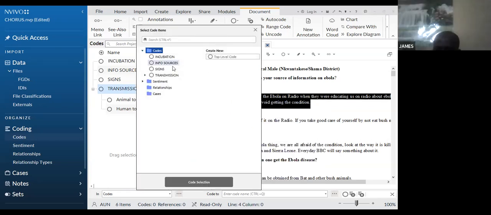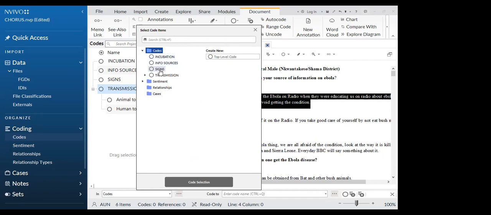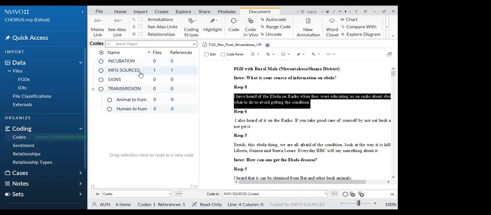It gives you this box where you're supposed to pick. Remember, these are the codes we already put into the NVivo. We've done these four codes. So it allows you to pick which particular code it goes into. This is info sources, isn't it? So I click on info sources. Okay, so it's going to code the selection to info sources. If you look at the column with the codes, you can see info sources 1, 1. So it means we have looked at one file and we have made one reference from that file for sources